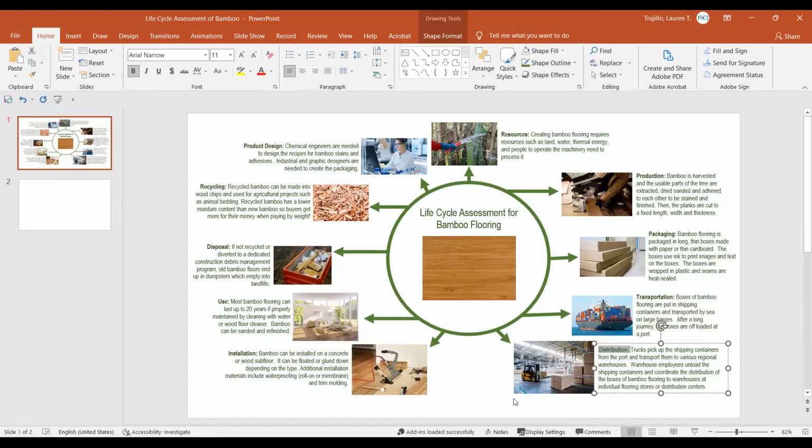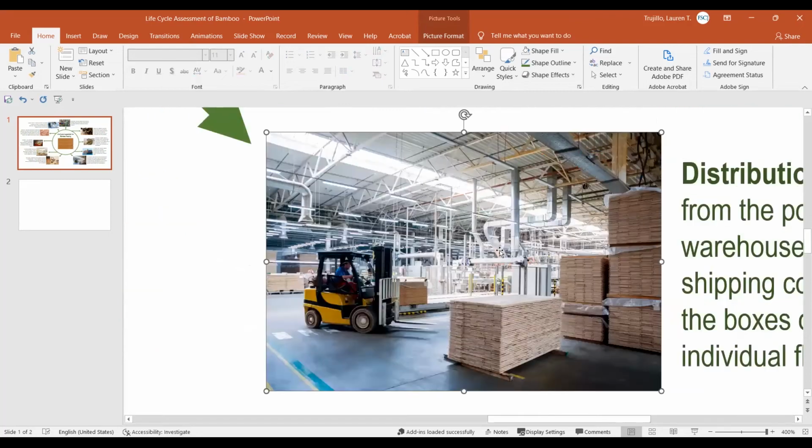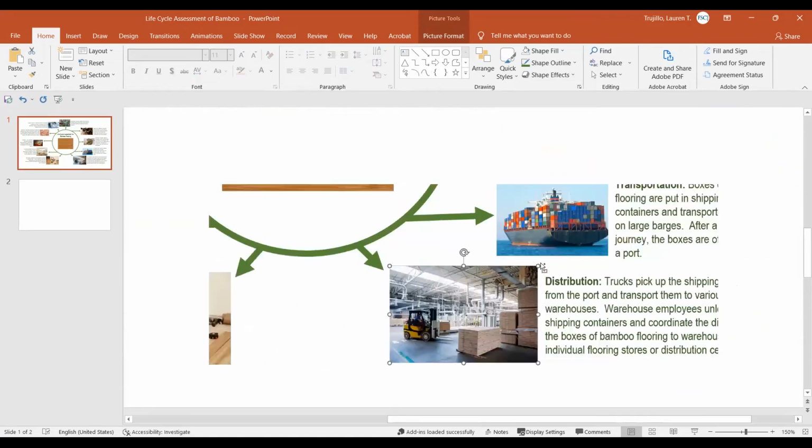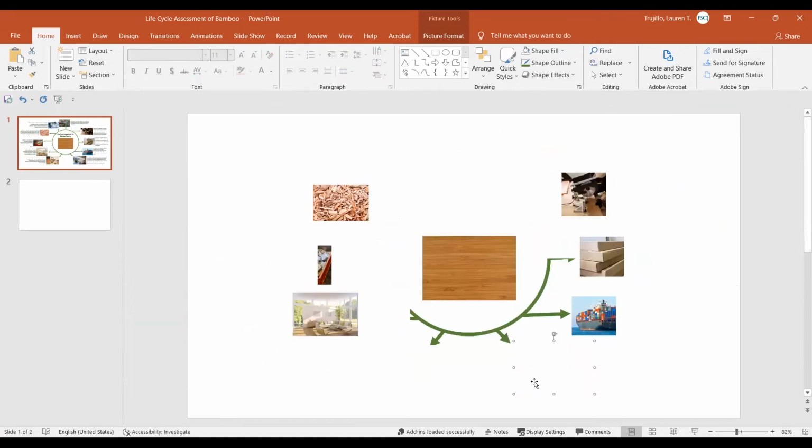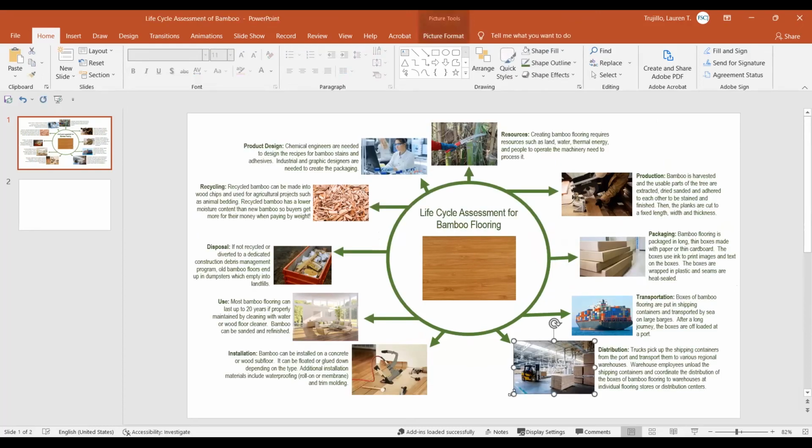Now, we do need to make sure that we have images that are aligned with the arrows and aligned with the text box that represents that specific step within the life cycle assessment. We want to make sure that the images themselves are really clear and crisp. Even though they're small, a viewer can zoom in and see really close up with these images. So just know that even if you adjust the size of them by grabbing the arrows here and adjusting the size, we want to grab it by the corner instead of by the bottom because that's going to distort it way too much.